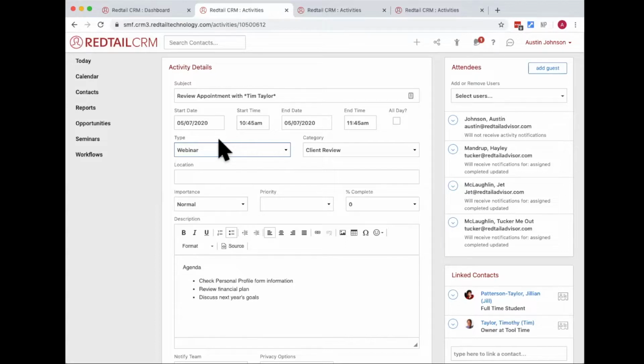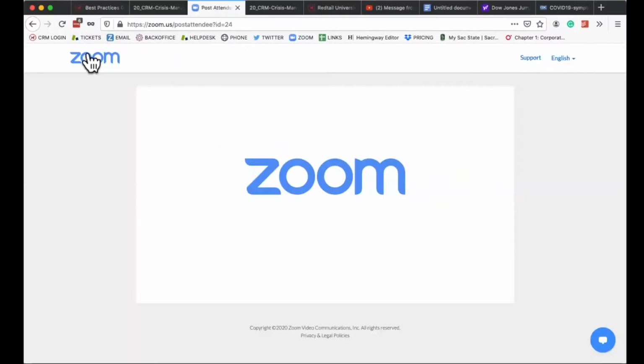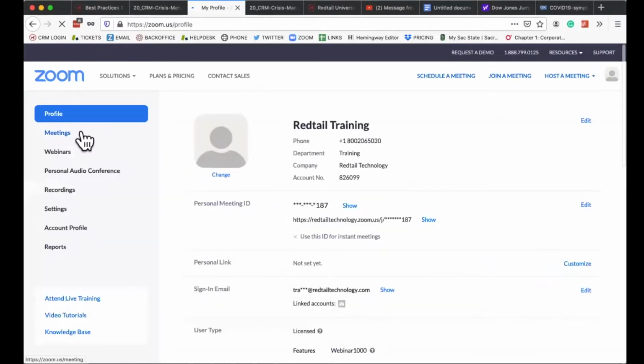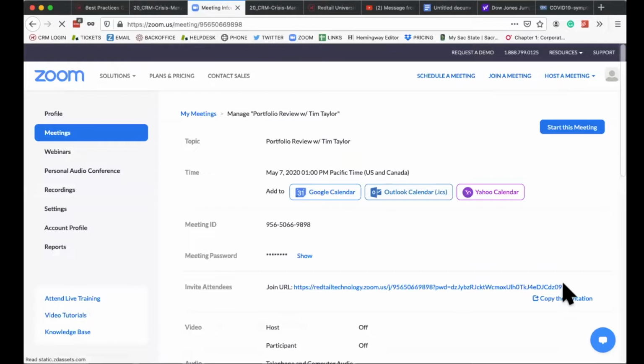the activity. And so what we can do is go ahead and open up my conferencing platform. Today I'm going to be demonstrating using Zoom. So I'm going to open this up here and go to my Zoom account. And all I'm going to do is, for my meeting with Tim here, I have my portfolio review with Tim Taylor. I'm just going to grab this link here and copy that right